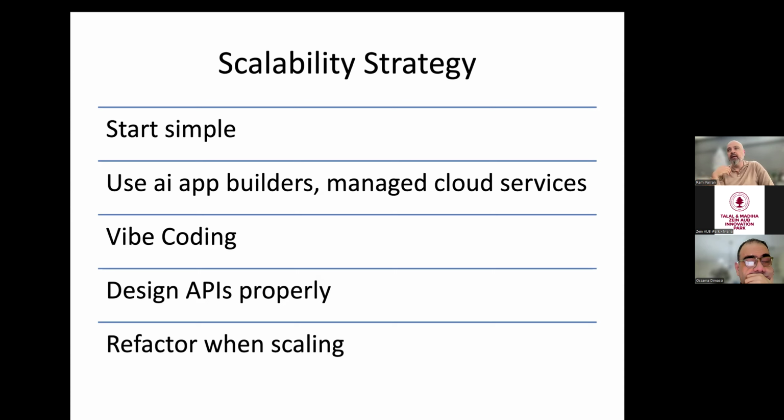This is vibe coding. The technology became, I think, famous last year or something like that, where you can produce a lot of code and test the market with it. Go, have your MVP using vibe coding, and I think this is what Ali is going to show us. And then eventually design your APIs very properly and refactor when you want to scale.